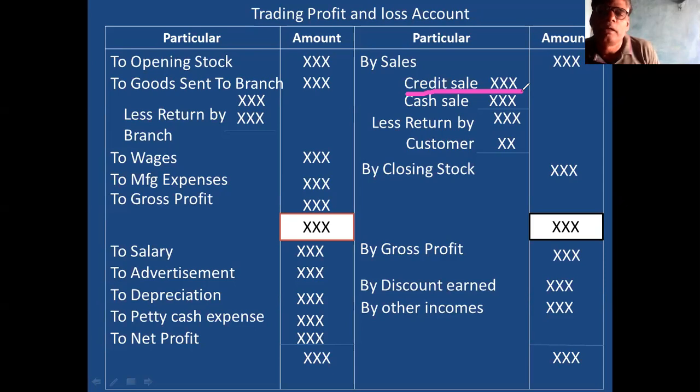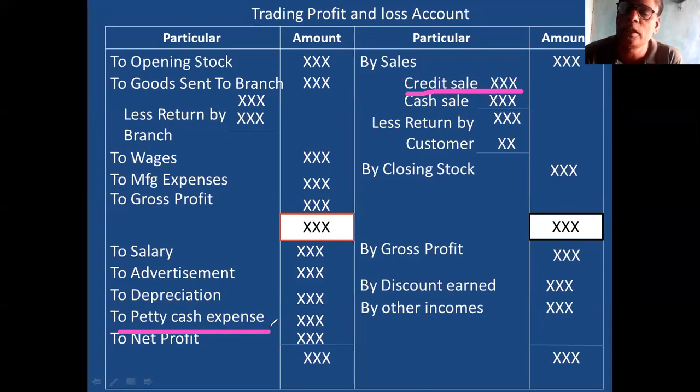But in this second method, those three are not essential. Opening balance is not essential. Closing balance is not essential. Cash received from head office for petty cash is not essential. What is essential here? Petty cash expenses. Petty cash expense is essential here. So you prepare the petty cash account and ascertain the expense.